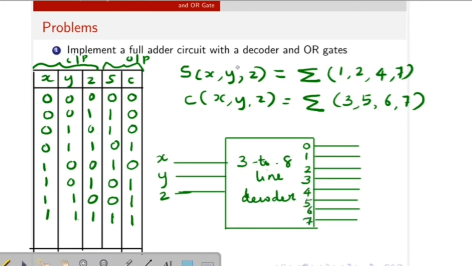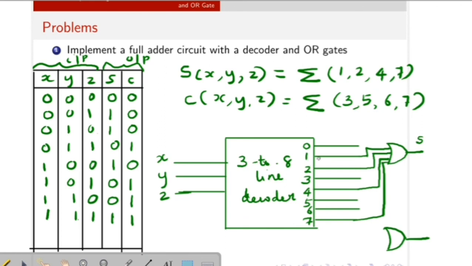Okay. So sum is equal to 1 for the minterms 1, 2, 4, 7. Here we can draw an OR gate for sum, and the inputs of this OR gate are 1, 2, 4 and 7. Then next we can draw another OR gate for carry.